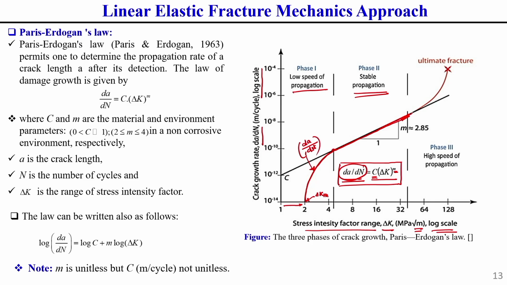Here the crack propagation rate is generally very fast, and after that at this cross point x, it gives us the critical KIC, critical stress intensity factor, and at that location whatever crack length we get is called the critical crack length AC. AC is the critical crack length. You should keep this in mind. Okay. Here, generally, catastrophic failure takes place.